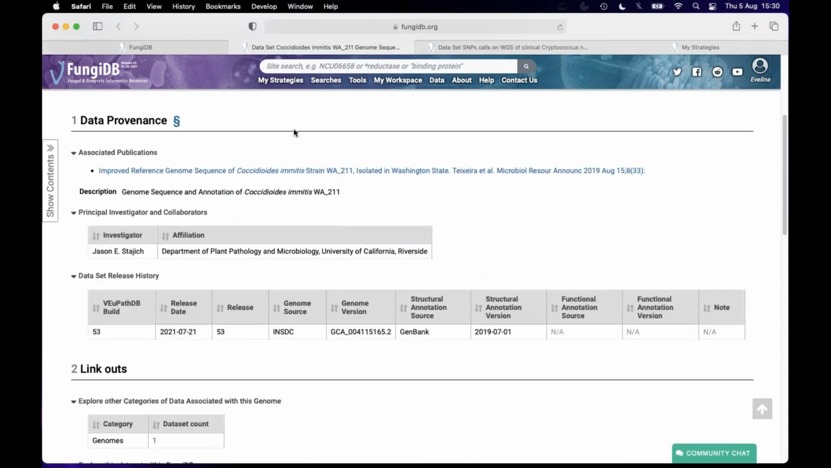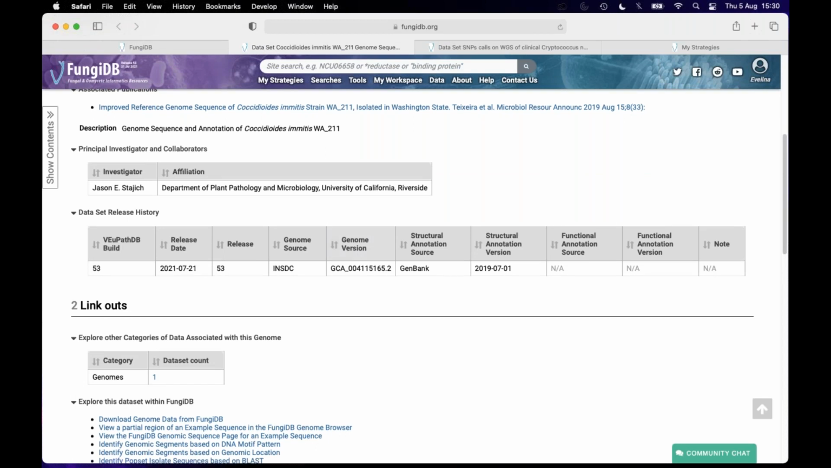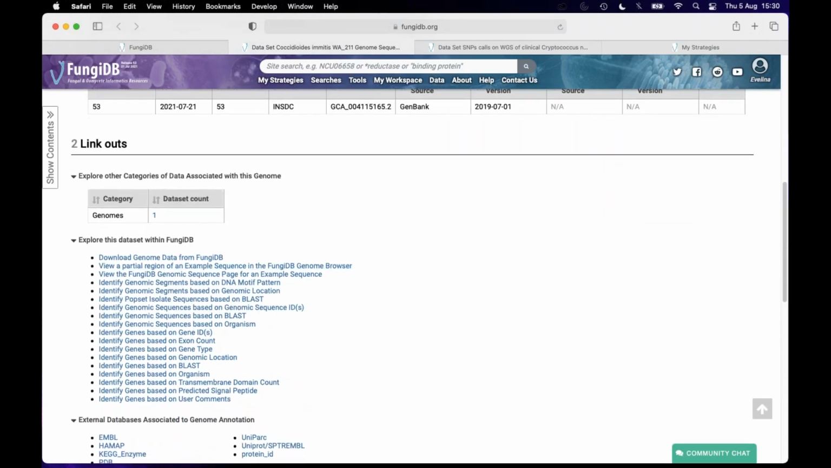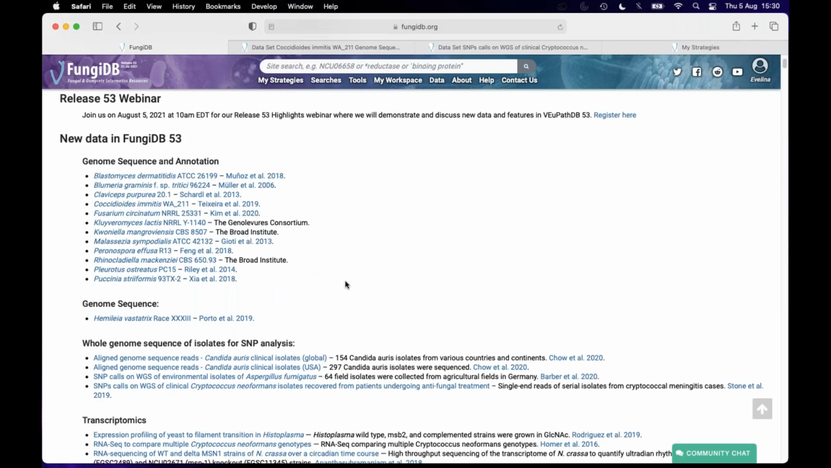And as Suzanne and Gloria have shown you before, this is a page where you can learn more about relevant publications, genome version, and also learn about all available searches that can be deployed for this particular dataset. For example, if the genome is annotated, you will see that identified genes based on different criteria will become available. However, if the genome is not annotated, it will be limited to genomic sequence and genomic segment searches. So coming back to the news page and scrolling down,